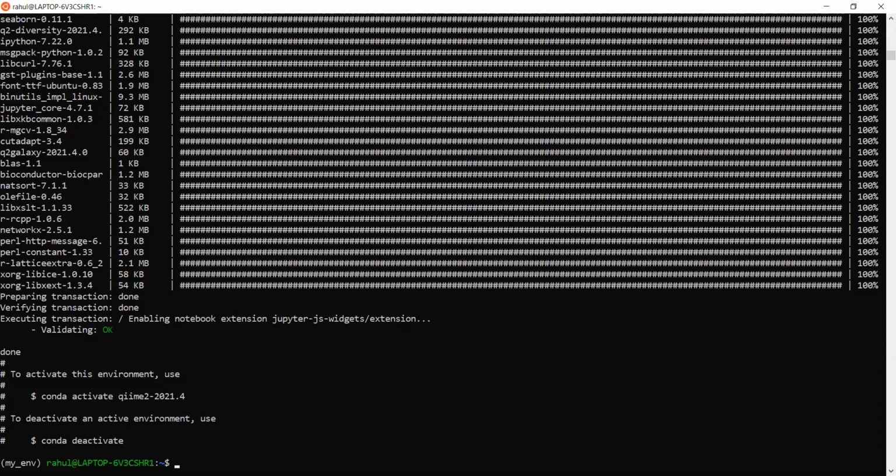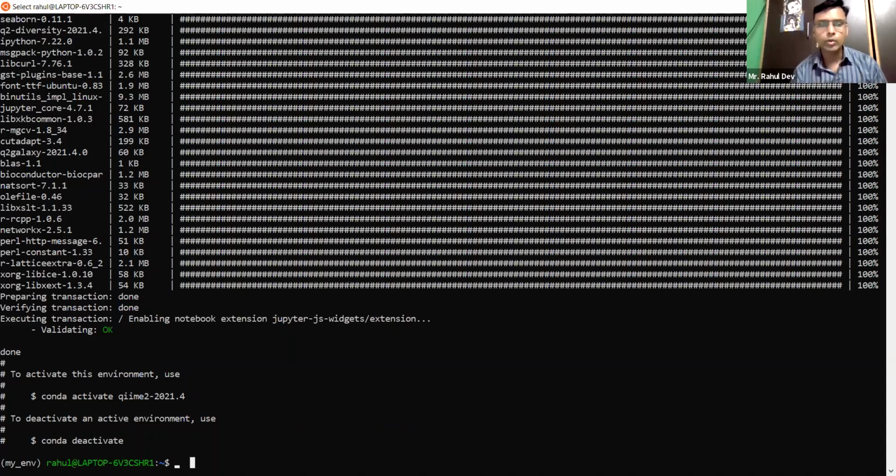So we are done with this, and now look at the thing. My env is written here. Now I'm going to activate Chime 2 in my system. Either I can take the commands from this place, or I can take the command from the notes. I have to remember this all the time. Whenever I need to start my Chime, I have to type this command, or else I can take this command from my resource material also. Let me check whether we have given the correct thing. Yes, we have given the same thing.